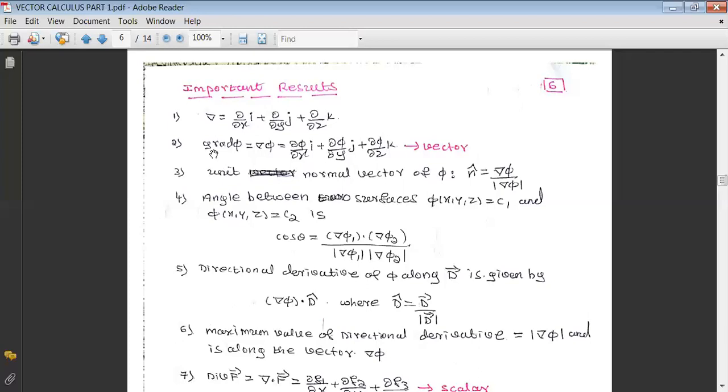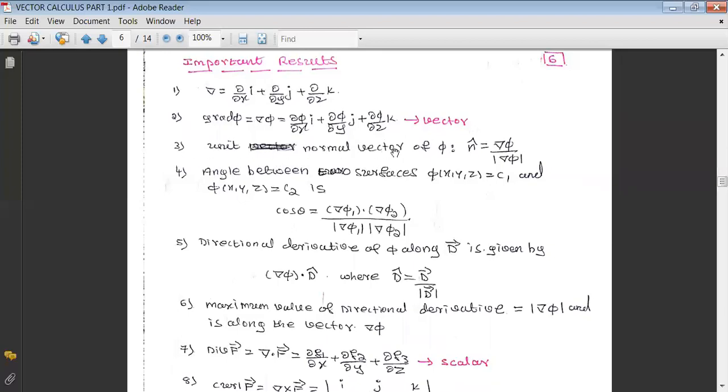Second one, gradient of a scalar function phi, that is given by del phi, which is nothing but partial derivative of phi with respect to x into i plus partial derivative of phi with respect to y into j plus partial derivative of phi with respect to z into k, and this is a vector quantity. The unit normal vector of phi is denoted as n cap and is given by del phi divided by magnitude of del phi,